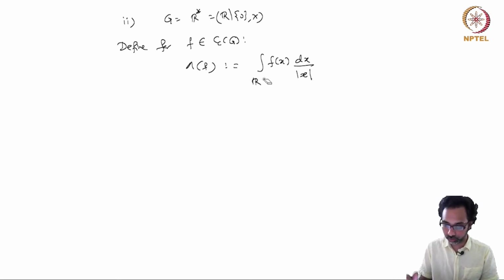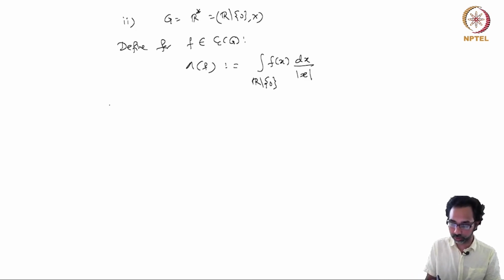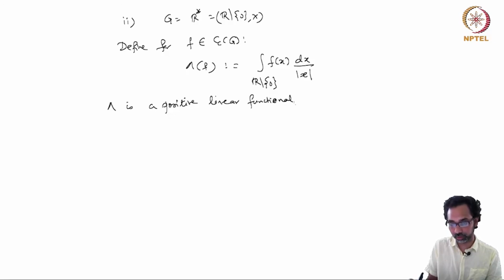So this is over the set R minus 0, and this is the usual, you can take it as a Lebesgue integral, and if you define this functional in this way, then it is again a positive linear functional, which gives the measure via the Riesz representation theorem